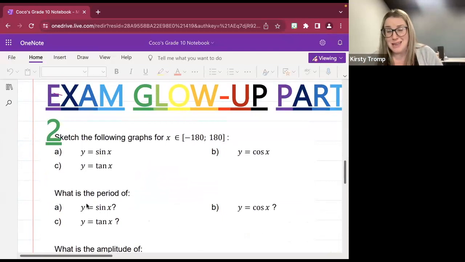From what I understand about exam glow up, you guys have been breaking down the exam questions, looking at some more challenging, not hard, because maths is not hard, it's challenging, hey? Looking at some challenging exam questions, all right? And trying to solve them together. So our first question says to us, sketch the following graphs for x as an element from negative 180 to